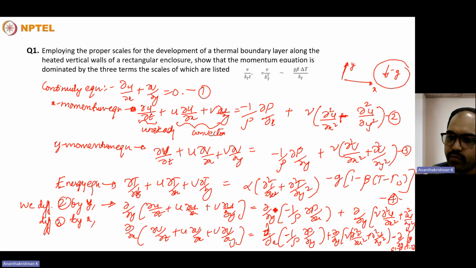So what we could do, we can try to eliminate. So this will become, take the rho outside, dou by dou y of dou p by dou x, it will be same as dou by dou x of dou p by dou y. So in order to cancel out each other, we can subtract 2 from 3 and we can write it as,